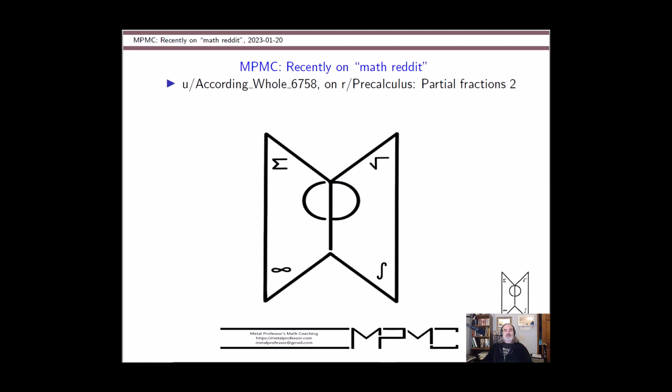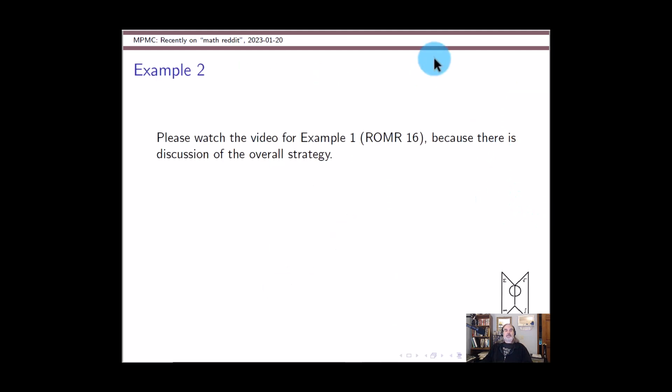There was another question in the same subreddit, actually by the same user, asking about partial fraction decomposition when there is an irreducible quadratic term in the denominator, and I thought I would walk through that one too. This is going to be a little bit quicker. So this is recently on Math Reddit 16b. Yesterday's was 16, so you might want to watch that one first because I gave a little bit more detail